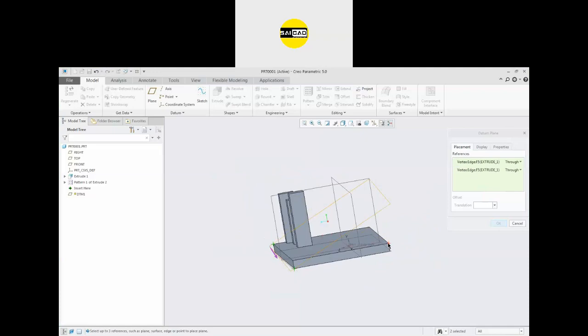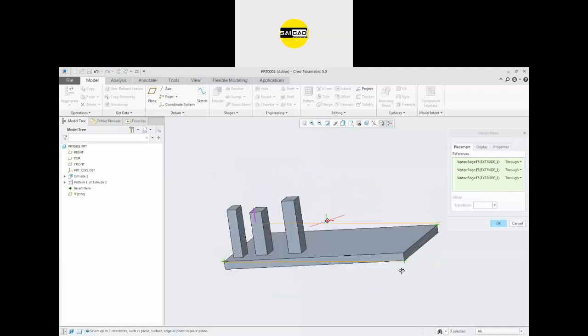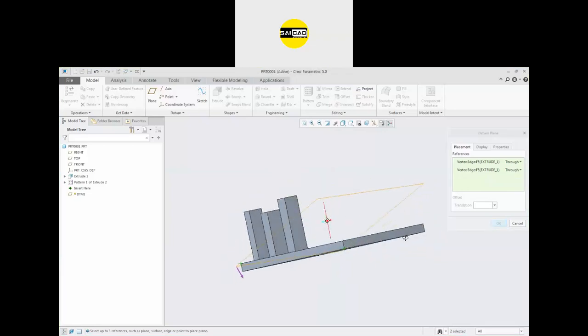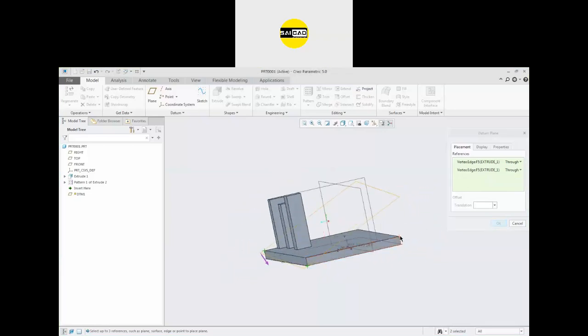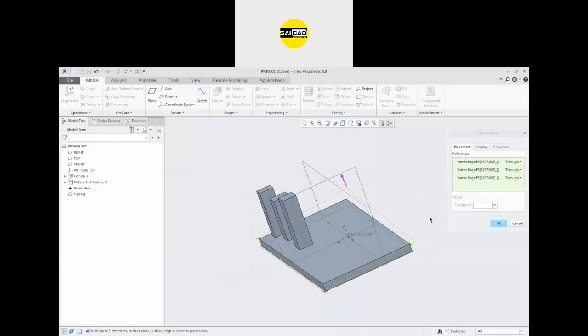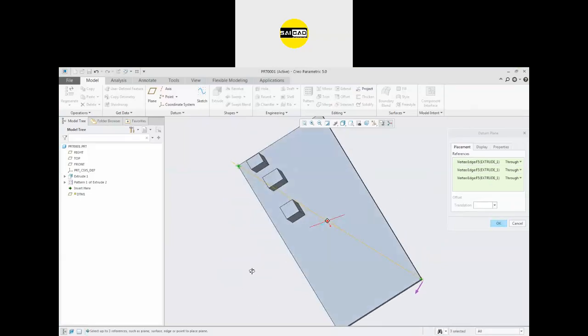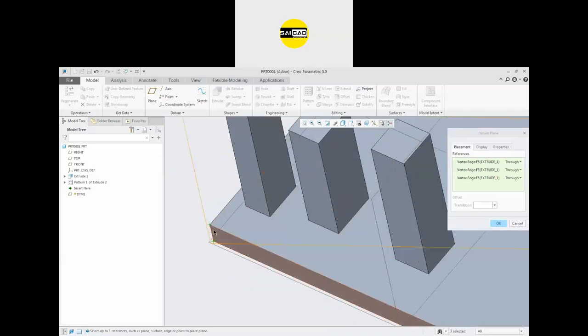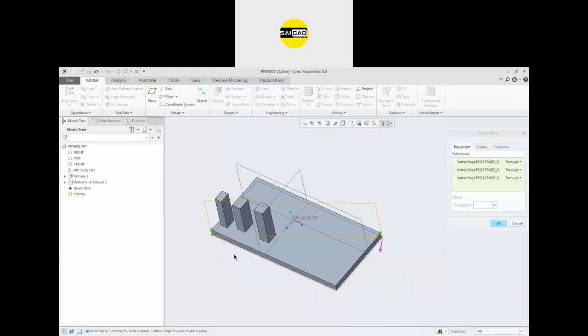It requires a third point. You can create with the help of 2 points or 3 points, but 3 points is the best option to choose. Just select the first point, second point, and third point, and you can create a plane. If you don't have these edges, you can simply create 3 points.